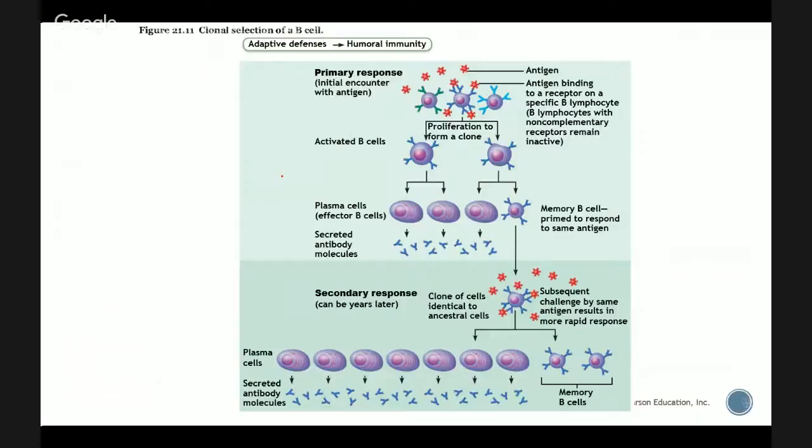So we have an antigen. It binds to a specific receptor on the B cell, okay? The B cell has little antennae on it, little receptors, looking out for anything that can latch onto it. When that happens,